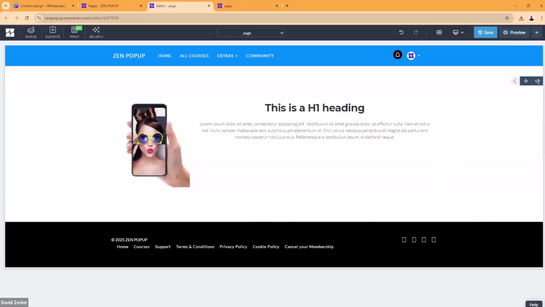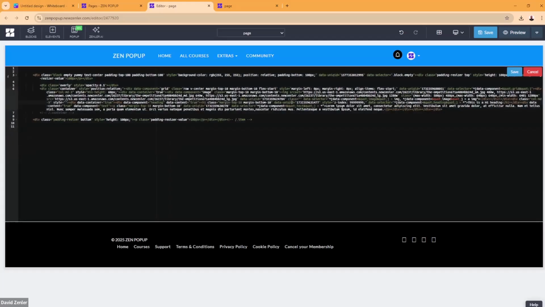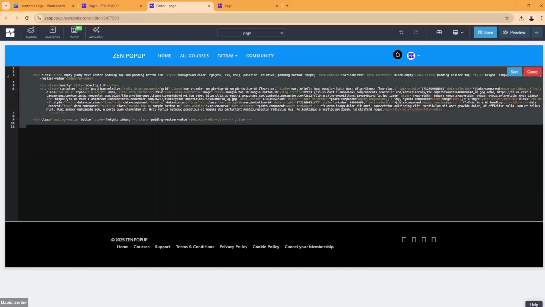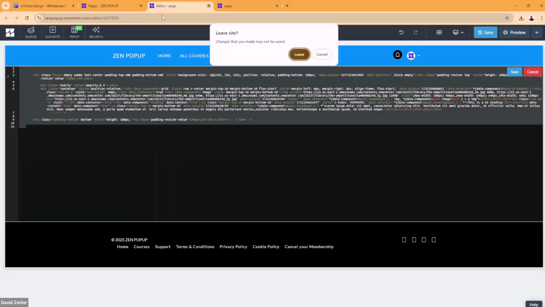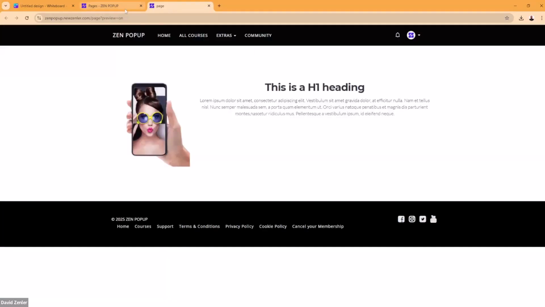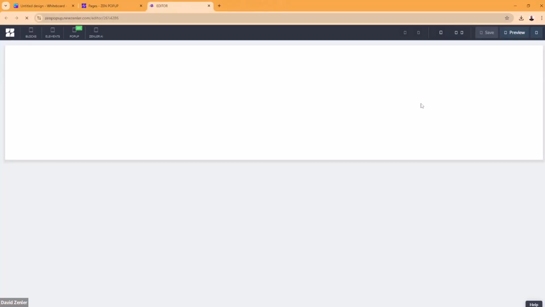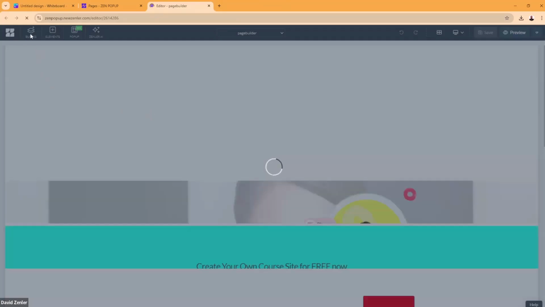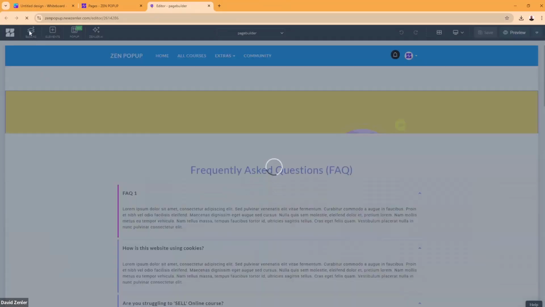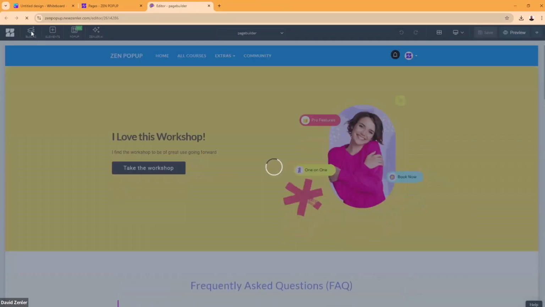I can click this code, I can go in here, I can select all, Control A to select all, copy it. Now we're going to close that page down. I'm going to leave that page, and I'm going to open that original page where I haven't got the block in, and I'm going to be pasting this into this page. So all we need is a block in there. We need a block, and we can replace the code, and that's it. It's done. So two ways of saving blocks or speeding up your workflow for adding blocks.